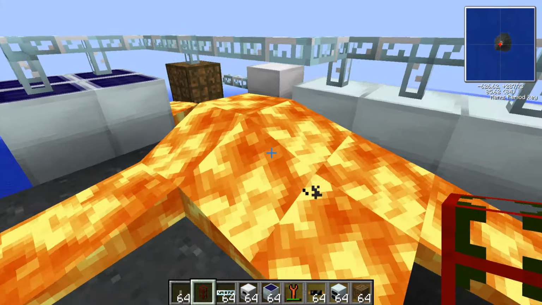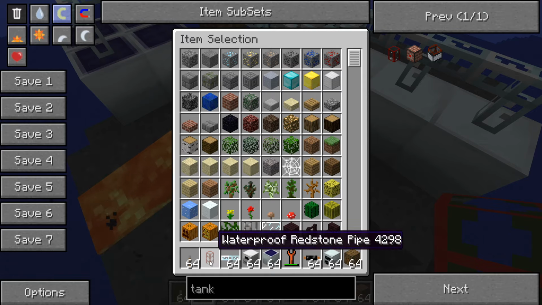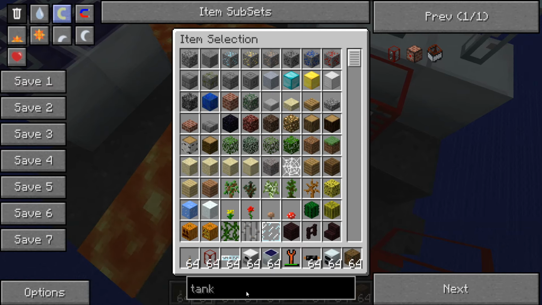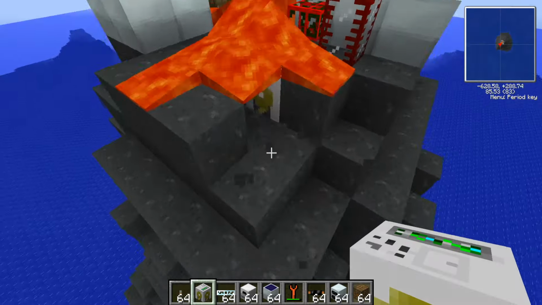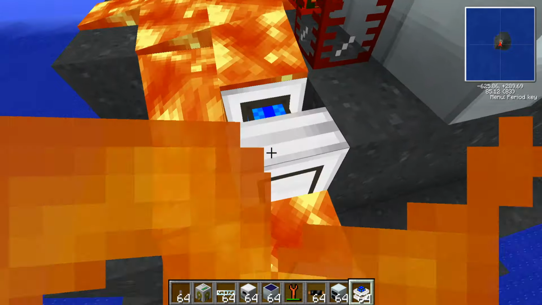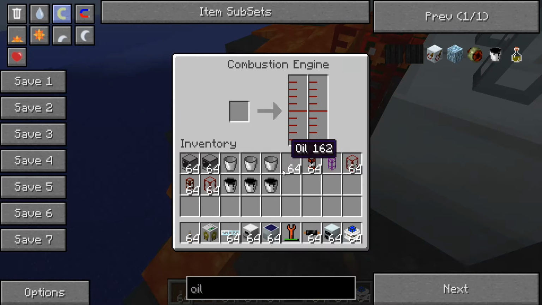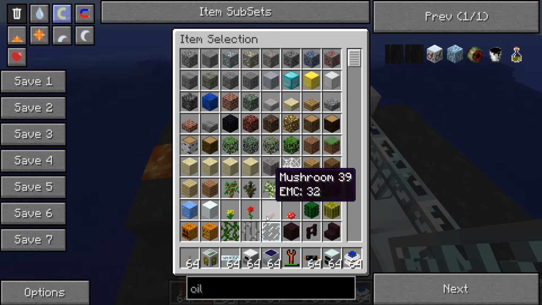IC2 has many different additions to mining and ore processing, agricultural changes and resource collection, and the machines use the EU energy units value. There's blocks like the solar panels to collect power and energy from the sun, and energy storage blocks to store this power in, like the bat box, MFE, MFSU and different other tiers that can each